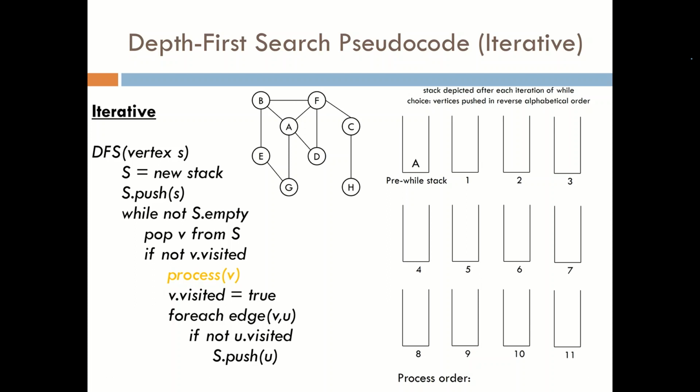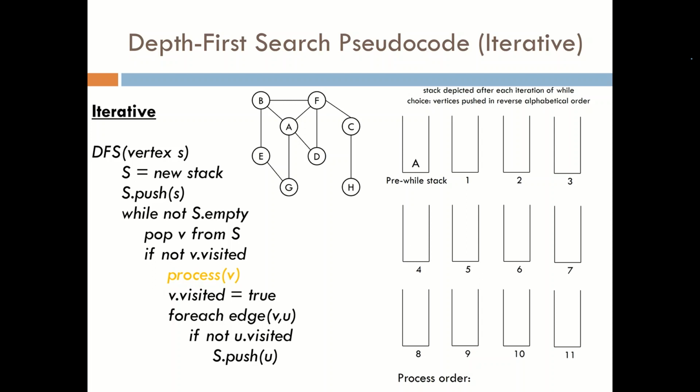So DFS A is called. A inhabits the parameter lowercase s. Capital S is a stack, and we have pushed A onto the stack, and so that is our first stack image. And since A is on the stack, it is obviously not empty, so we will pop the